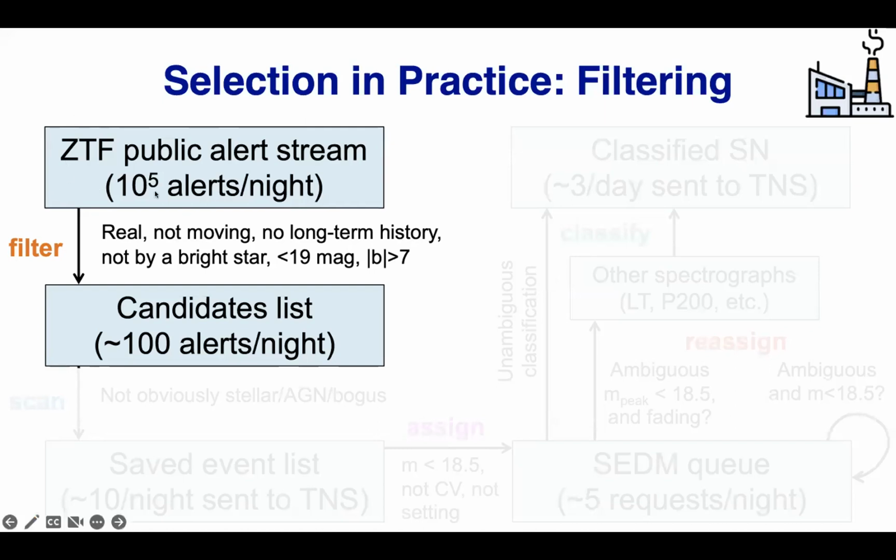As you probably already know, the ZTF public alert stream produces of order a few times 10 to the 5 alerts per night. That's a huge number, and the vast majority of them are not coming from extragalactic transients at all. So that's such a large number that you're certainly not going to approach this by eye. You need some sort of automated filter to cut that number down into something that is manageable